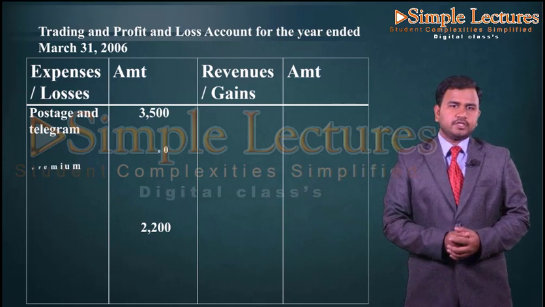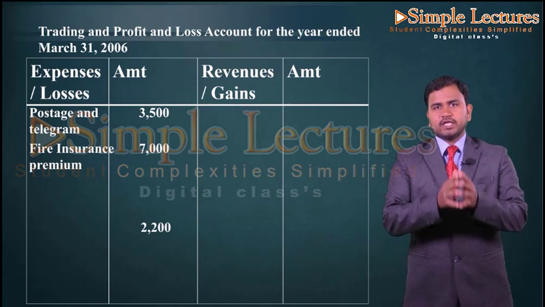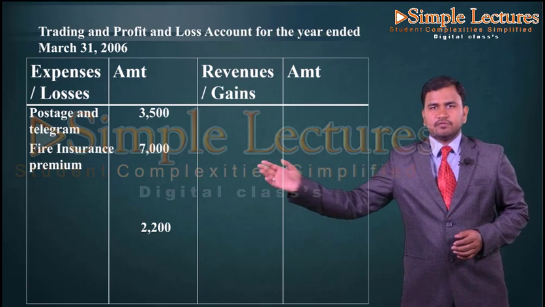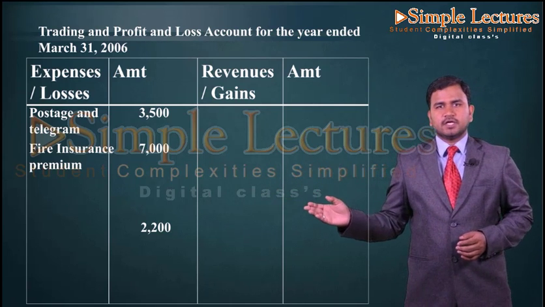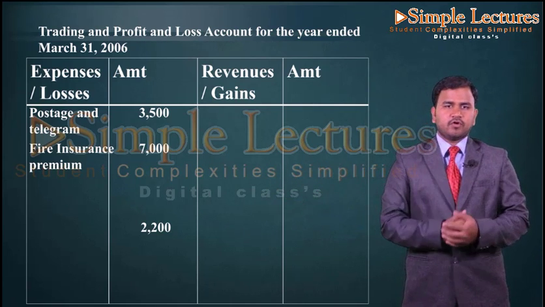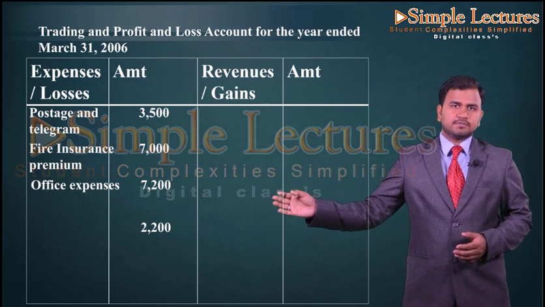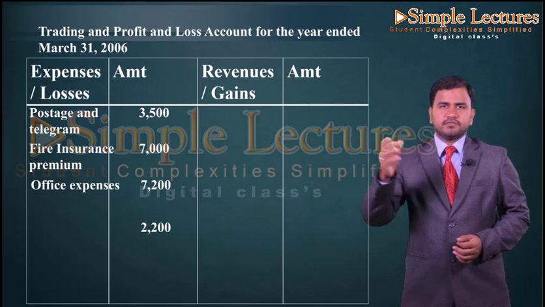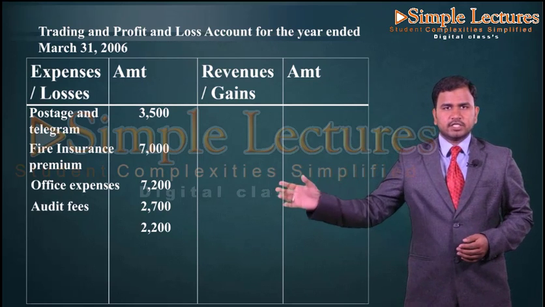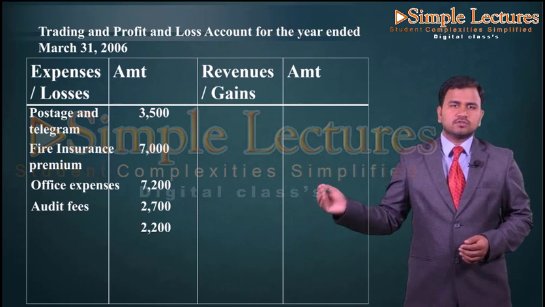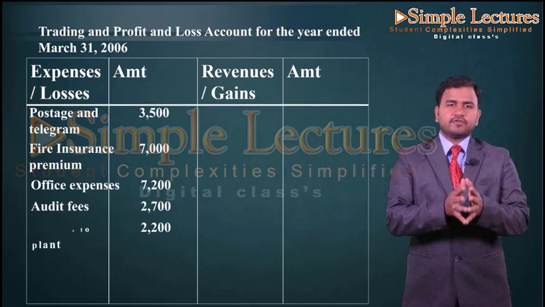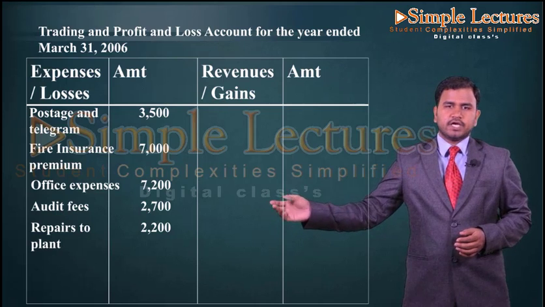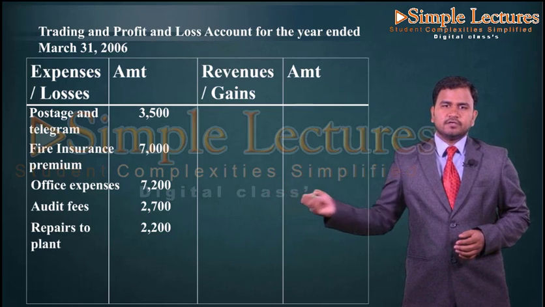Then we have fire insurance premium, again it is an indirect expense, again in the expenses side fire insurance premium 3,600. Then we have office expenses, again in the expenses side office expenses 7,200. Then we have audit fees, again in the expenses side audit fees 2,700. Then we have repairs to plant, again it will be recorded in the expenses side, repairs to plant, which is